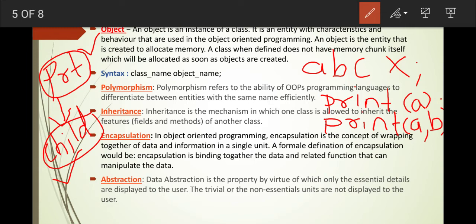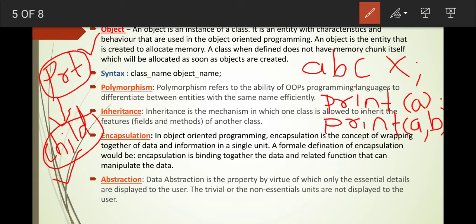Understand this? It means you have to hide the data. A formal definition of encapsulation would be binding together the data and the related functions that can manipulate the data. This encapsulation concept provides data hiding, that is data abstraction. Due to encapsulation, abstraction is possible.